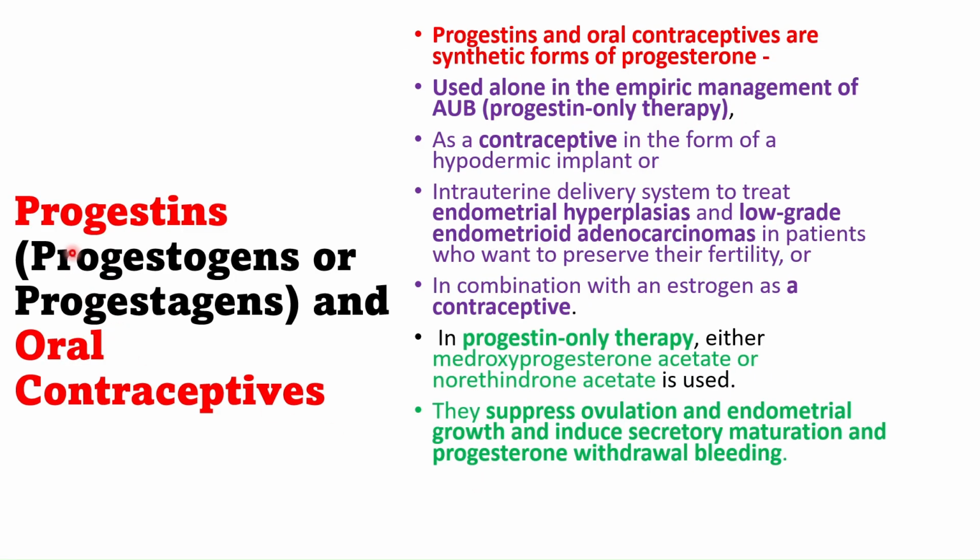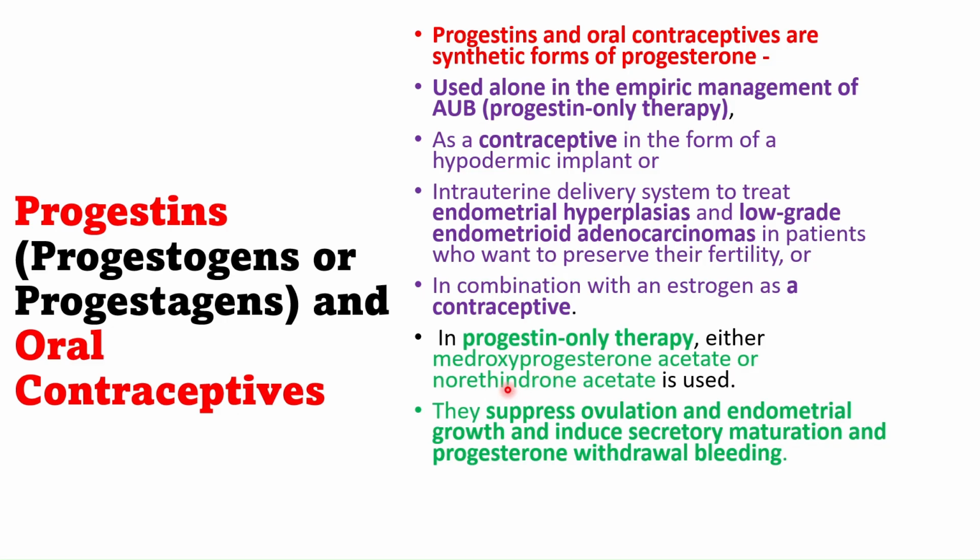Now, second, progestins and oral contraceptives. Progestins and oral contraceptives are synthetic forms. They are used for the management of abnormal uterine bleeding, that is progestin-only therapy, or as a contraceptive in the form of a hypodermic implant or intrauterine delivery system, to treat endometrial hyperplasia or low-grade carcinoma in patients who want to preserve their fertility,